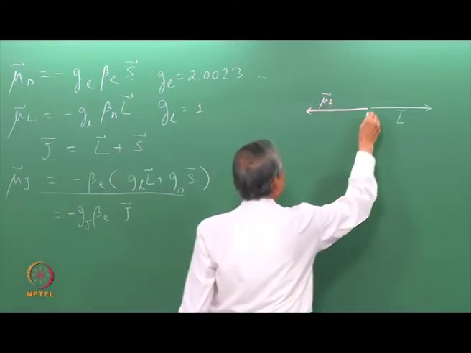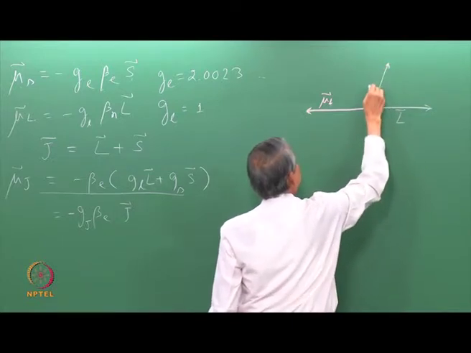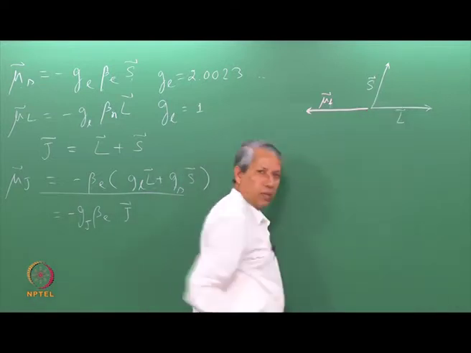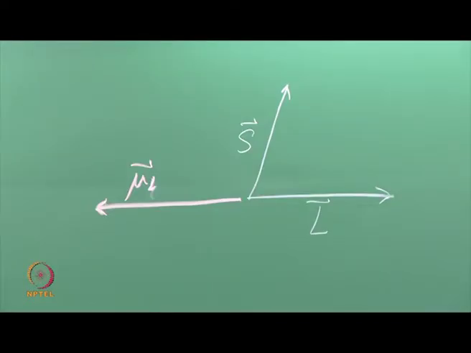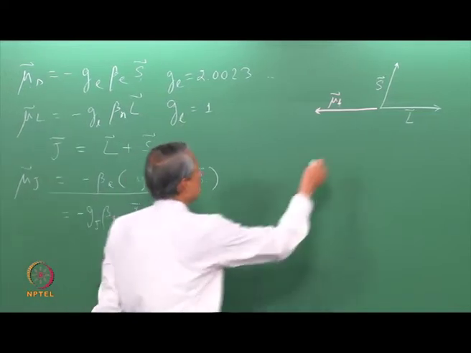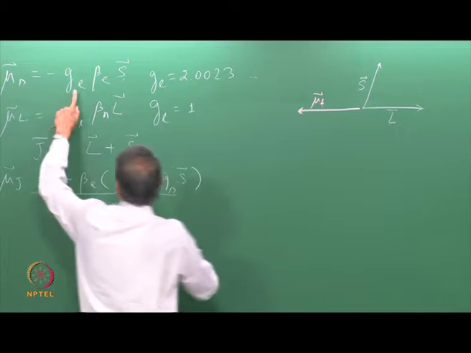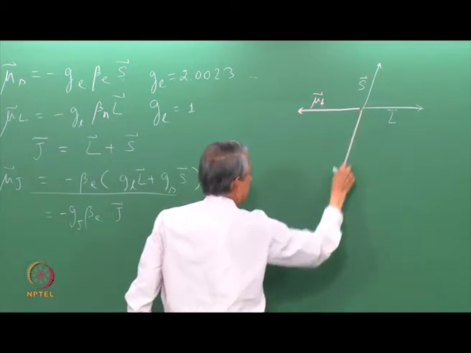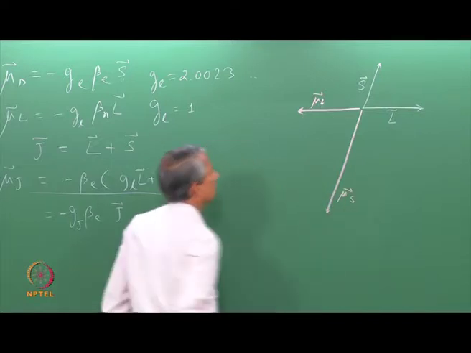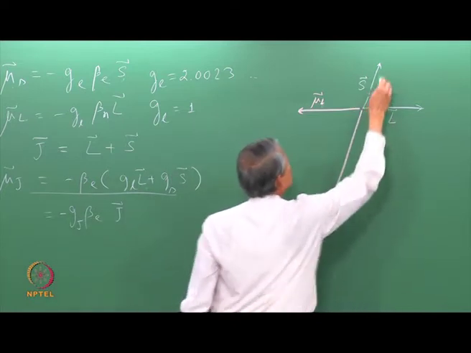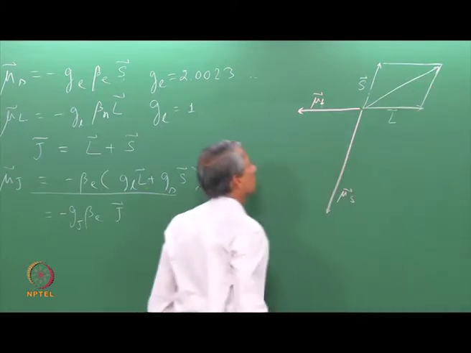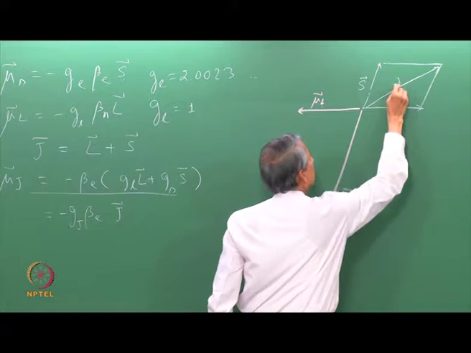Then I have the spin angular momentum, let us say this is the magnitude of that and the direction, and this angle is such that these two can be added according to the laws of addition of angular momentum given by quantum mechanics. Now, the corresponding magnetic moment due to S will be twice the size of this one, because the value of G S is 2. So, this is mu of S. The net of this and this is given by this addition rule of vectors. So, this gives the vector J.